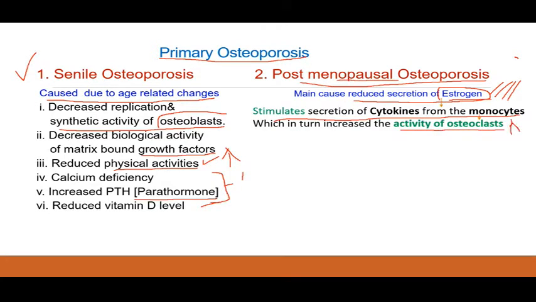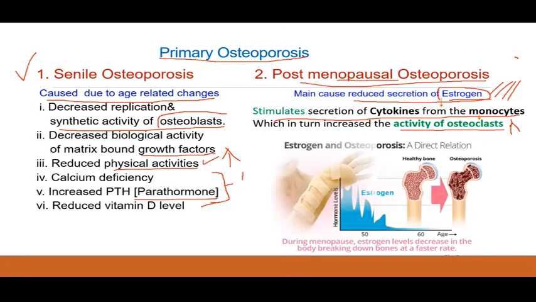So it is clear that there is a direct relationship between the estrogen and osteoporosis. As activity of osteoclasts increases, so resorption increases and bones become weak, which causes breaking down of bones at a faster